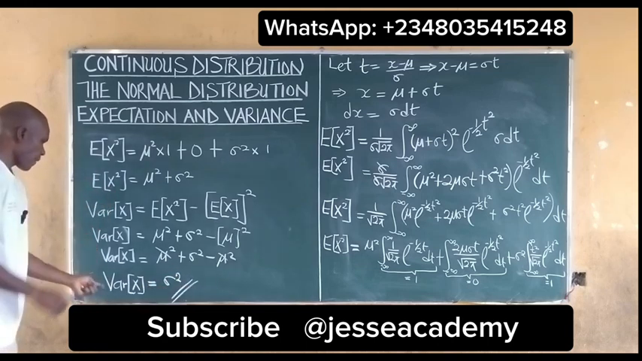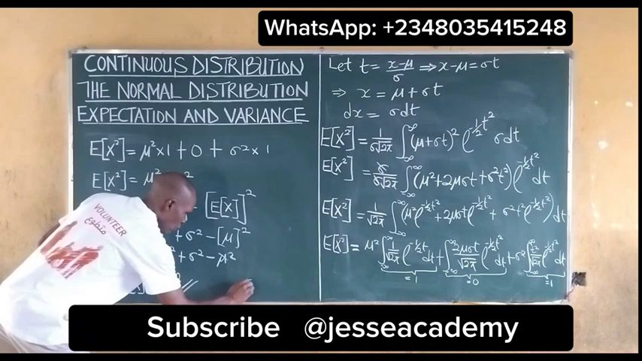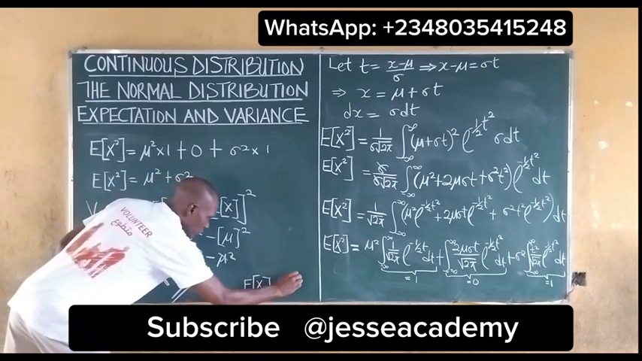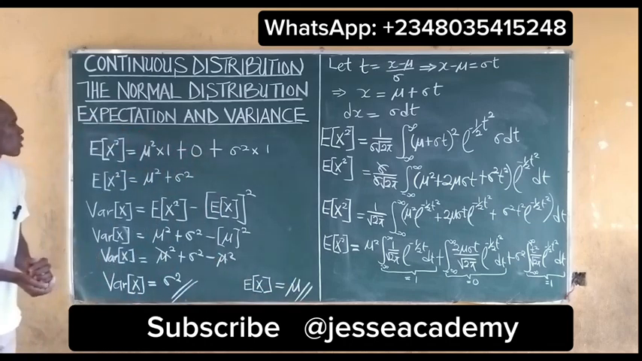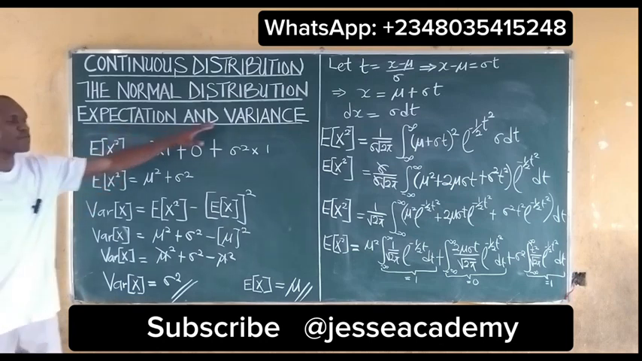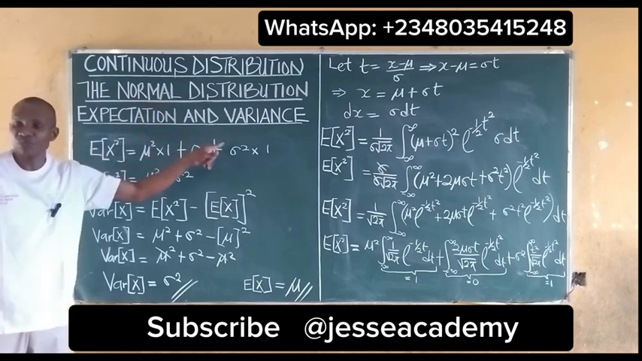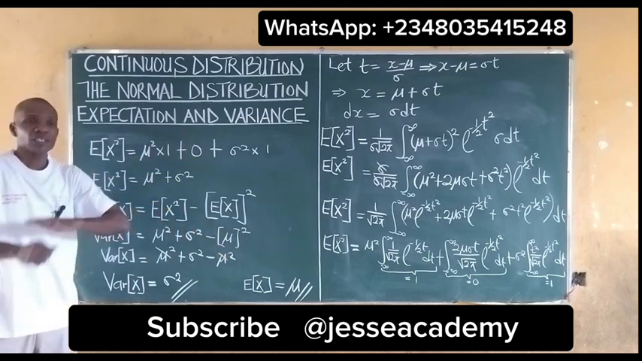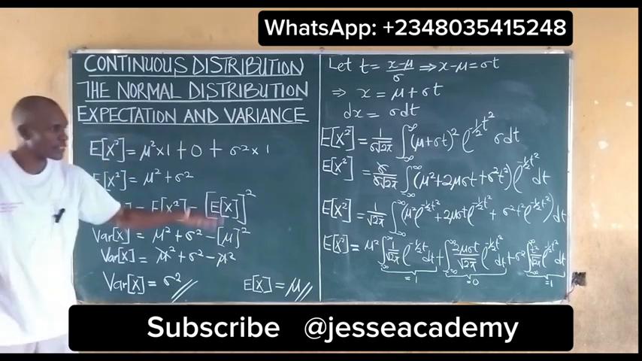So we have the variance of x to be equal to sigma squared, and we also obtain that the expected value of x is equal to mu. So this is how to obtain the expectation and variance for the continuous case of a normal distribution. If you go through these processes, it will be very easy for you to get the expectation and variance